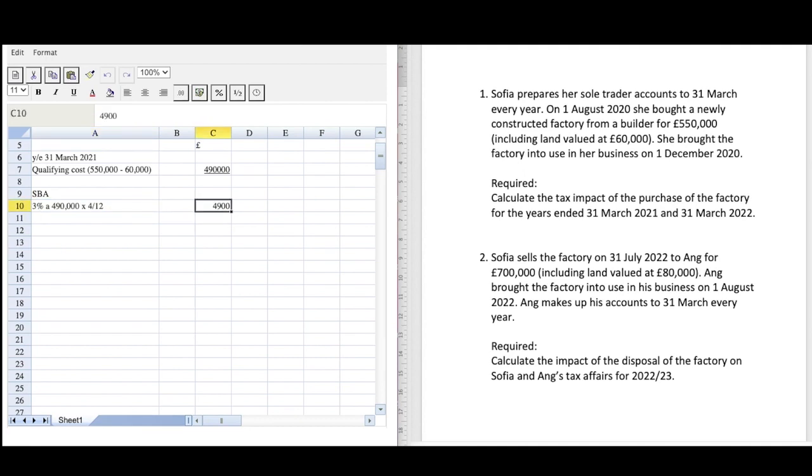So that's the amount that can be claimed for the Structures and Buildings allowance for the year ended 31st of March 2021, and that would then be deducted along with any plant and machinery allowances from the trading profits for Sophia. If we move on then to look at the next period, 31st of March 2022,